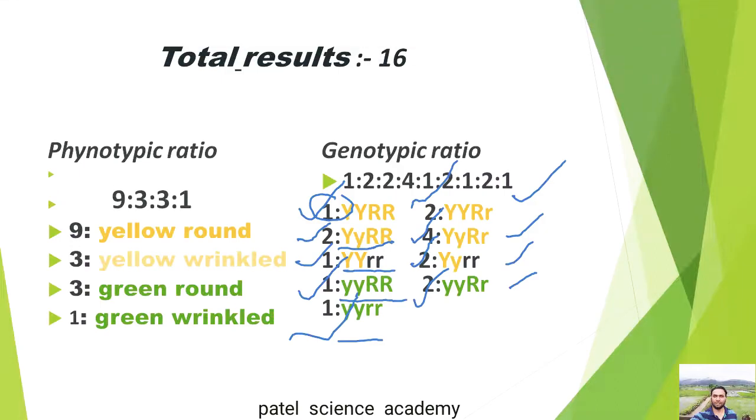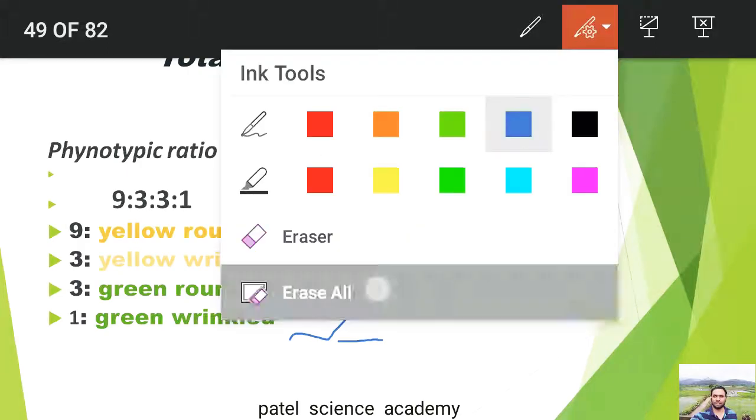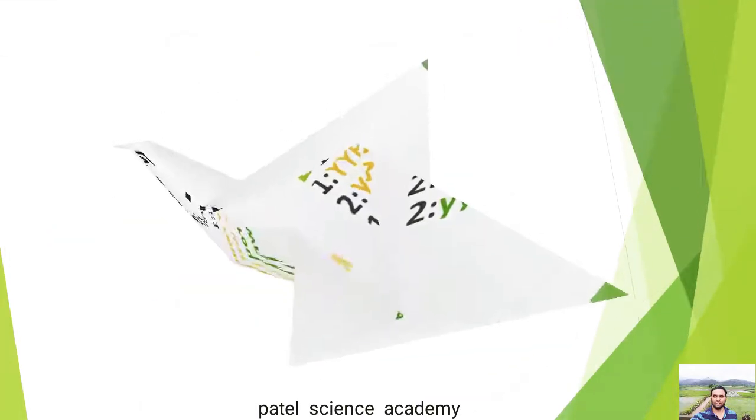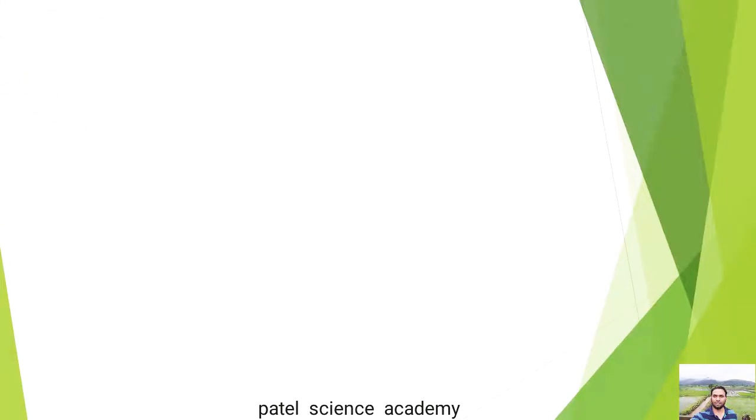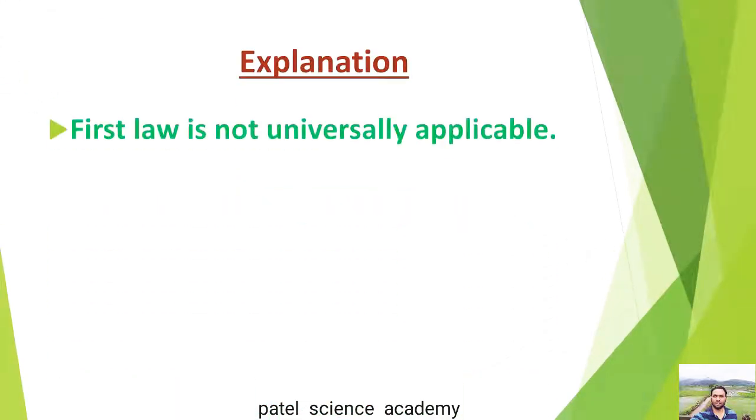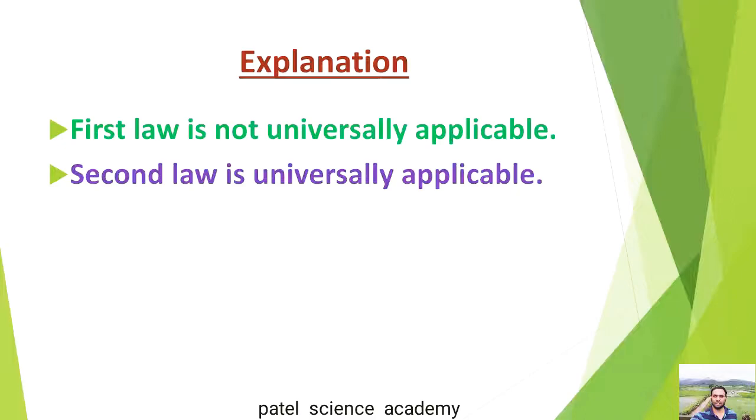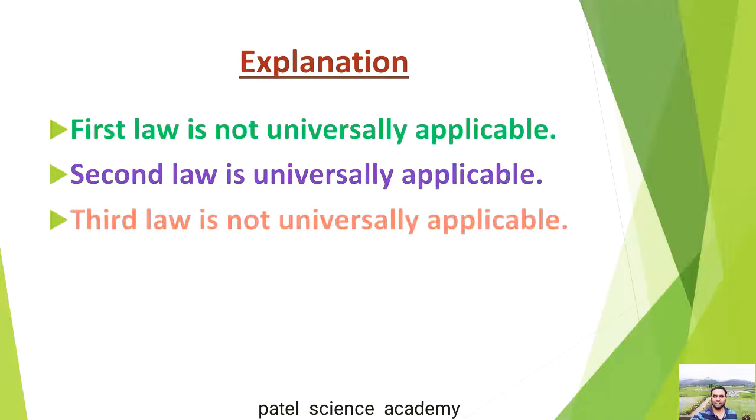So likewise, dear students, we got this result in the dihybrid cross, and this is about these 3 laws of Mendel. The explanation indicates the first law, which is also called the law of dominance. This first law is not universally applicable, means it is not applicable with all characters. The second law is universally applicable, it is applicable to all characters. And the third law is not universally applicable. So this is about